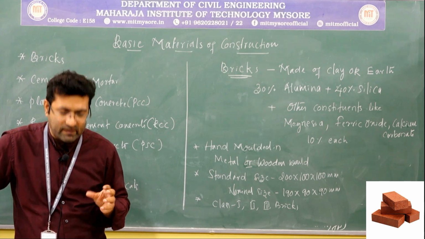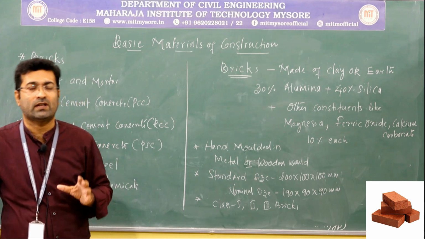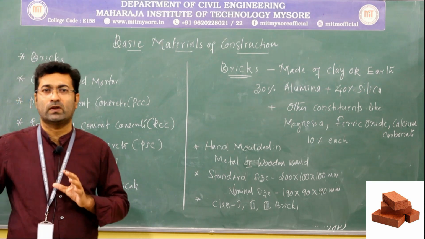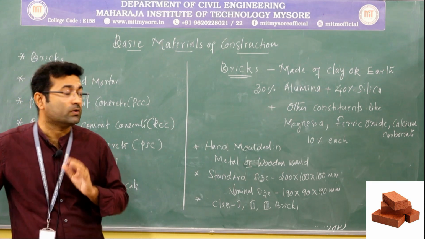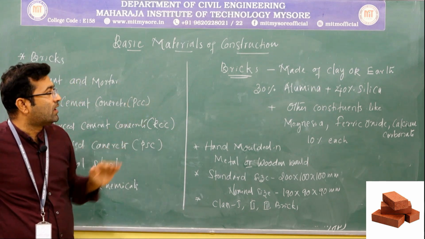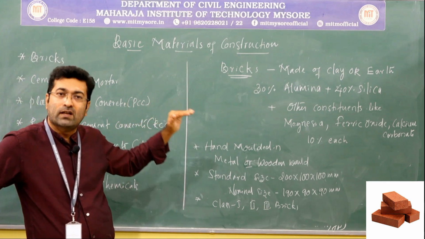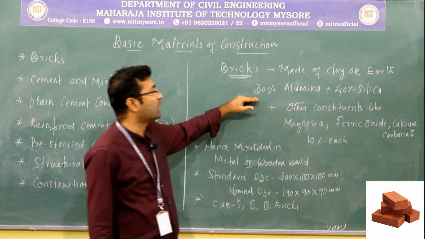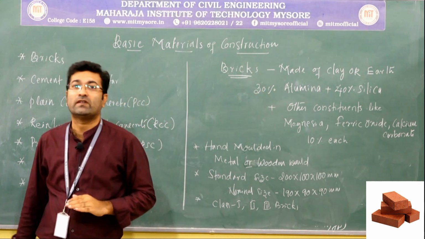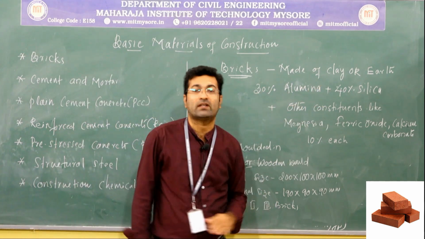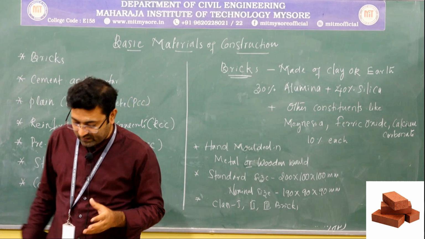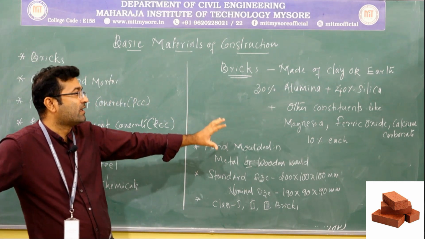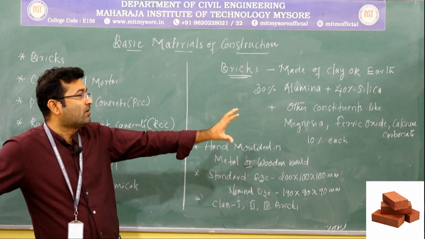But whenever we are using soil or earth material to manufacture bricks, we have to use a particular composition to achieve good strength. Usually the clay or soil we are using should contain roughly about 30% alumina and 40% silica. Apart from these two major constituents, we should have other constituent materials like magnesia or ferric oxide and